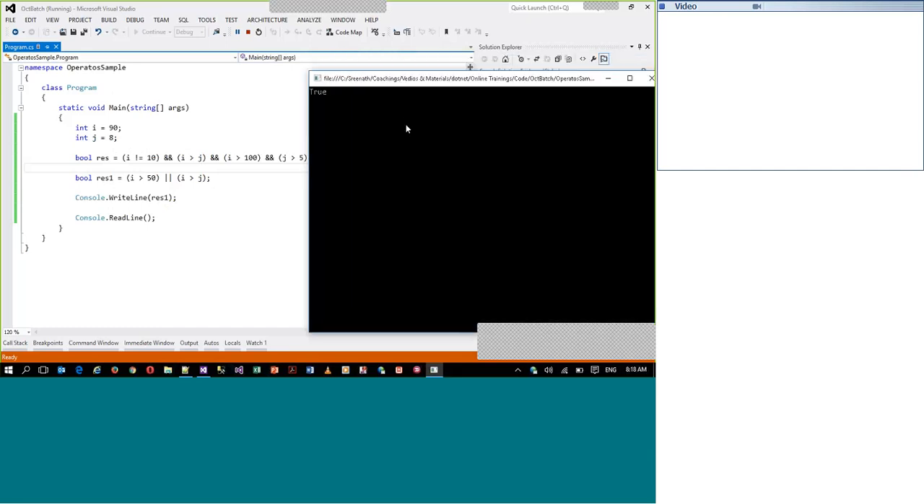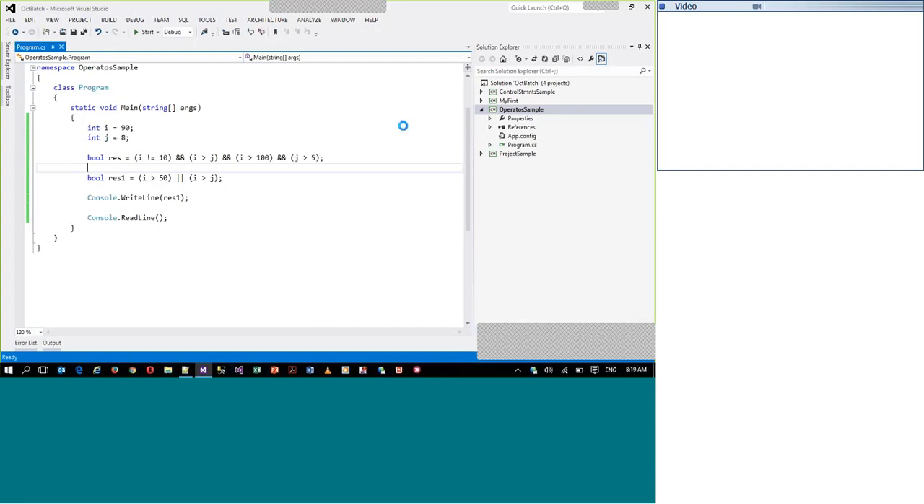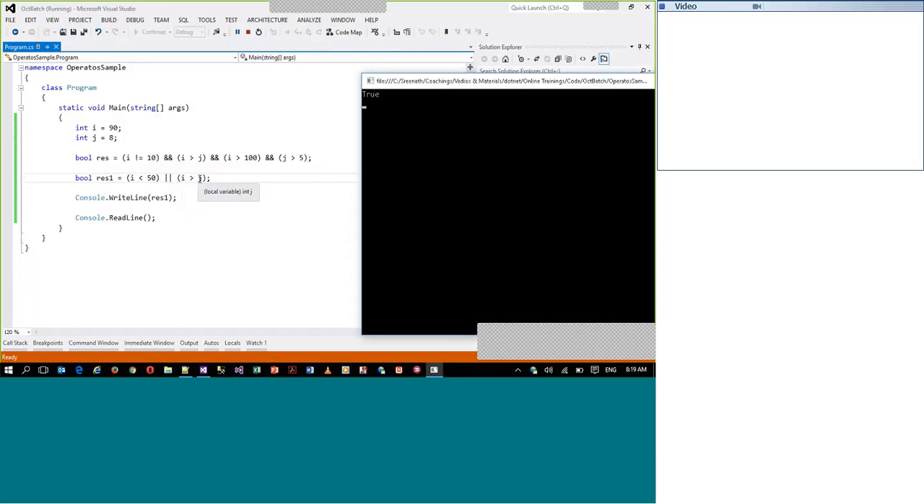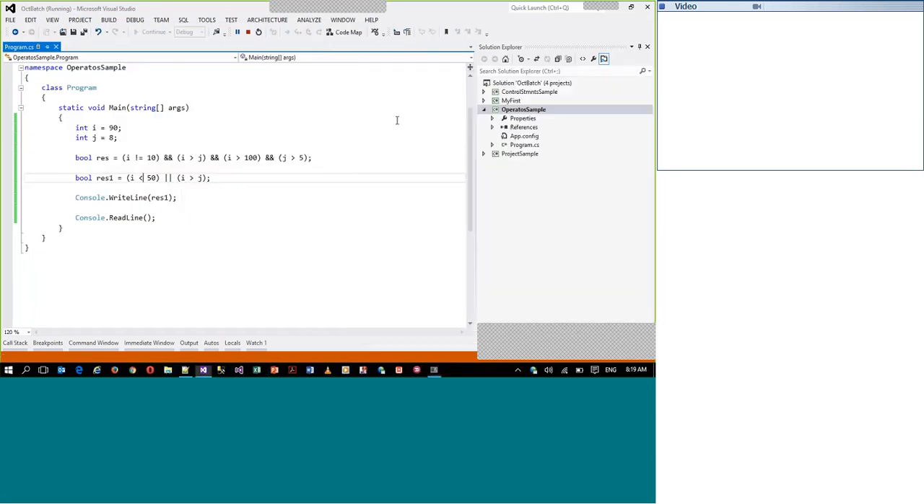Now similarly, let's say the first one is false, let's say I less than 50. One condition is false, but the other condition I greater than j is true, so the return will be true. So you can take any number of